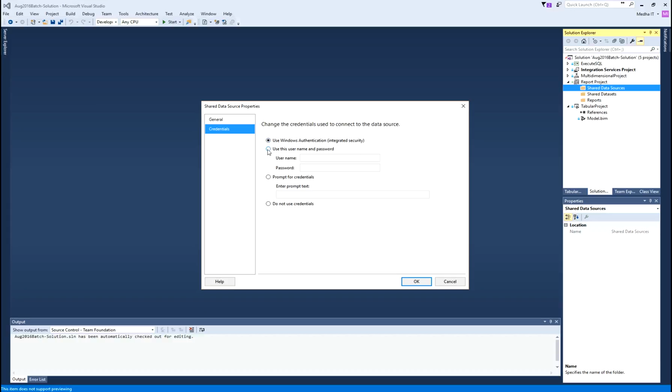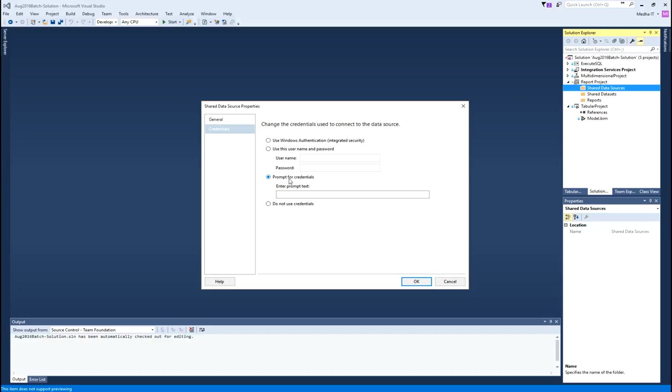The second option is use a specific username and password. When we specify this, we need to hard code a username and password. This option is useful when you want to run a report using a different account, not the account through which the user is logged in. If you want to use a separate account, you use this option.